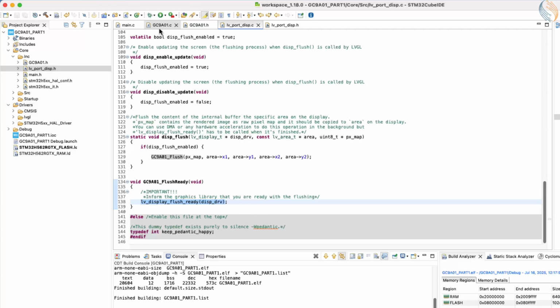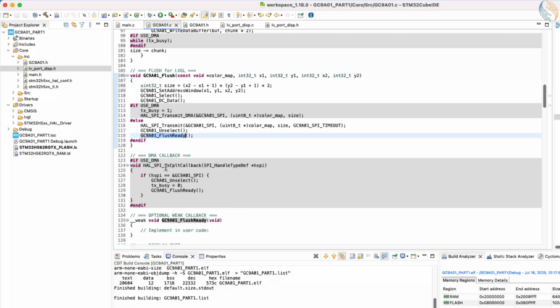If you're using DMA, the GC9A01_flush function sends the pixel data via the DMA peripheral. Once the DMA transfer is complete, an interrupt is triggered and the transmit complete callback function is invoked. Inside this callback, flushReady is called to wrap up the flushing cycle. Now open the function